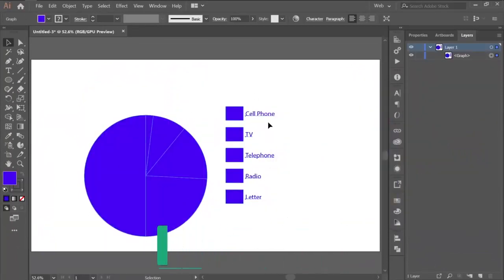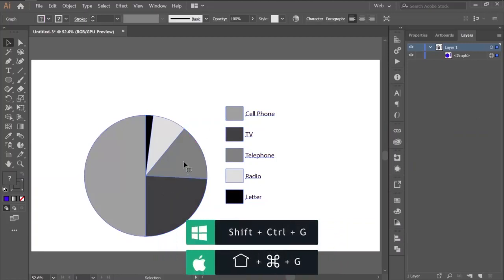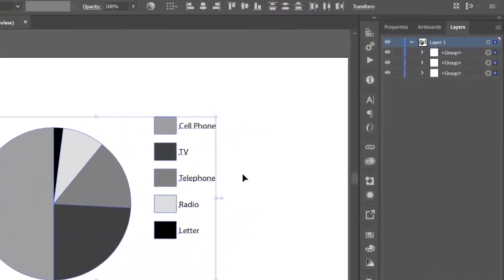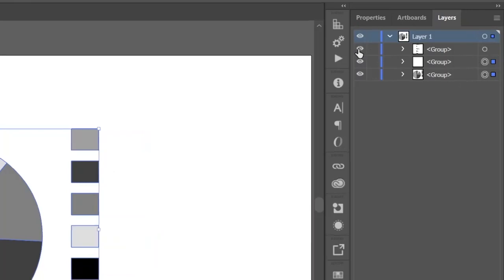If you change the color, you can see each and everything, it's now blue. Now you can press Ctrl Shift G to ungroup the layers, so you get the same warning message. If you hit OK, make sure that the data that you have given was the final data, then only you could ungroup the layers, okay?